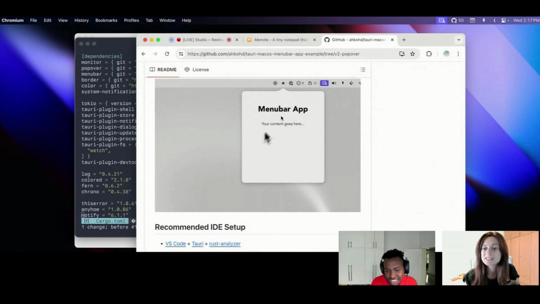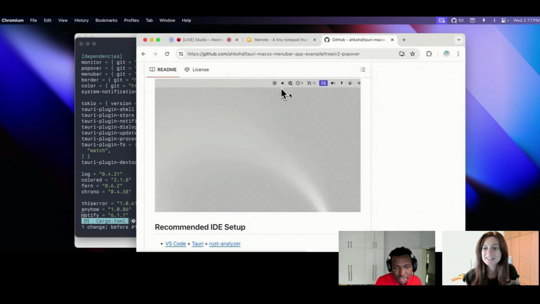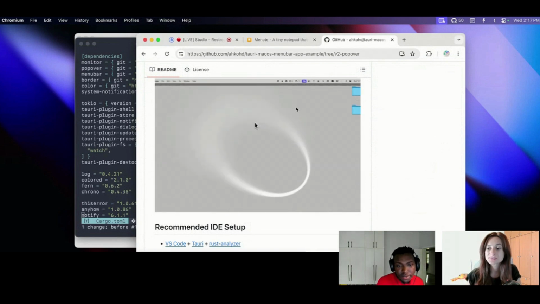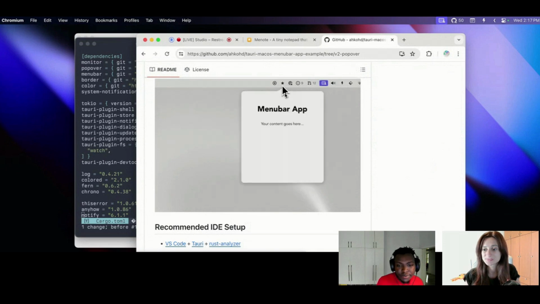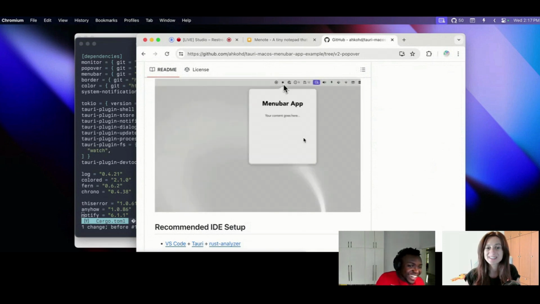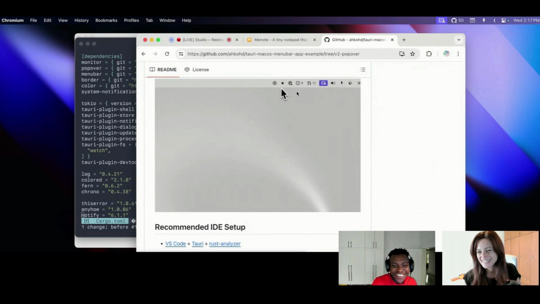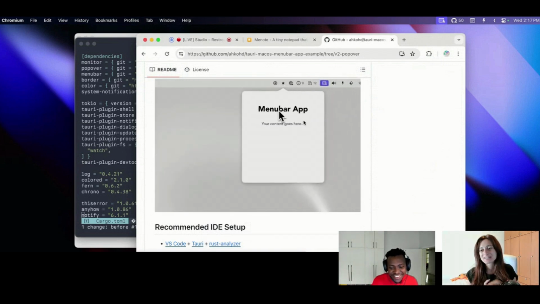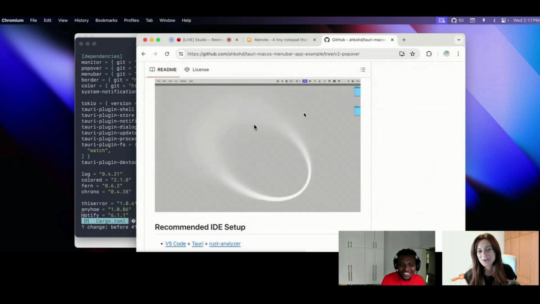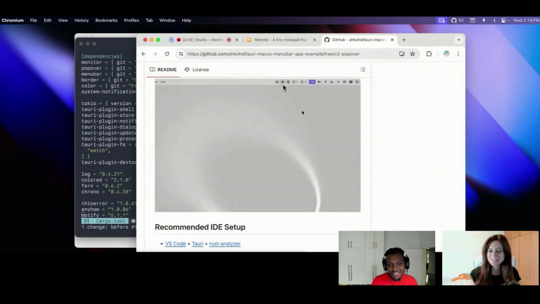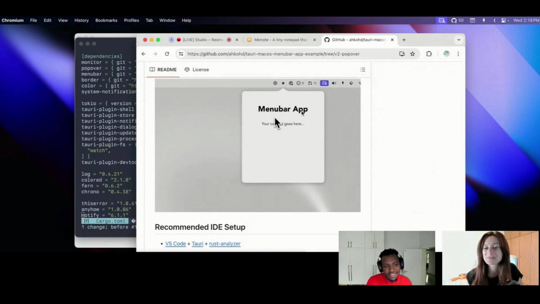So here it is. Anybody can fork this template and build something similar to this, or any app they want to build with Tauri using this kind of form. So that's why I said it's kind of open source, but it's not still open source. By the way, I will share down in the description all the links that we are talking about today. So if anyone wants to check it on their own, they can do that. Feel free to check the description.